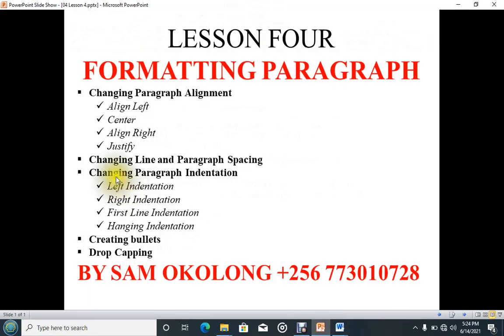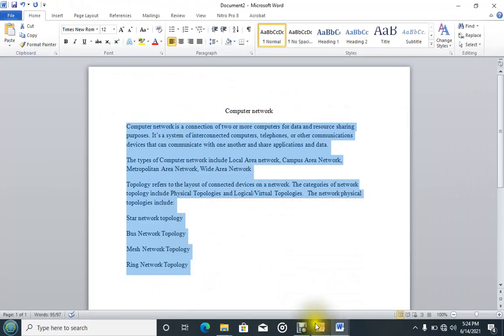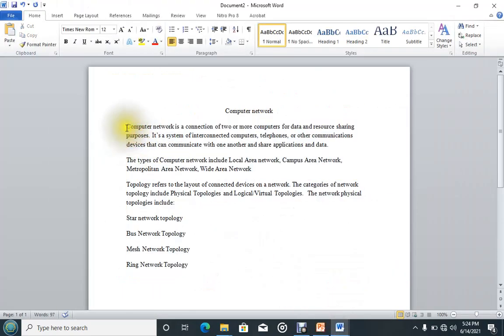Then the other one is indentation, and we said indentation means moving text or moving the paragraph away from either the left margin or the right margin or from both margins.